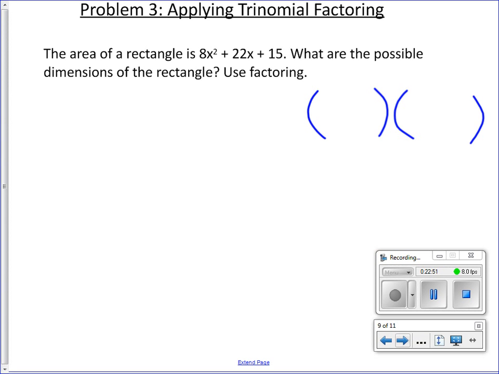All right, so following the steps of Lizzie, we still take our a times our c. And 15 times 8 is 120. And we want factors of 120 that add up to 22. So let's see. We have 1 times 120, 2 times 20, and right there we can quit because we know that 2 times 20,